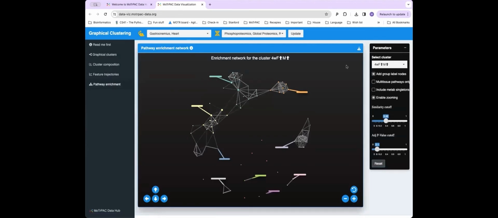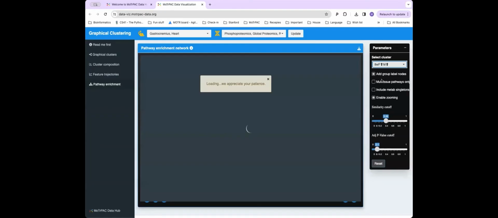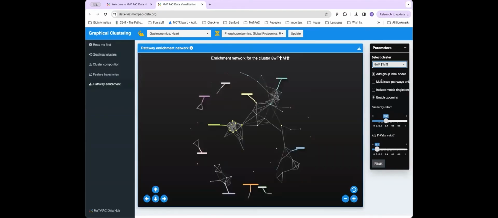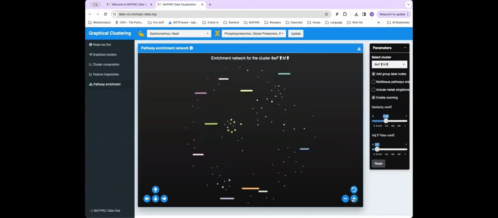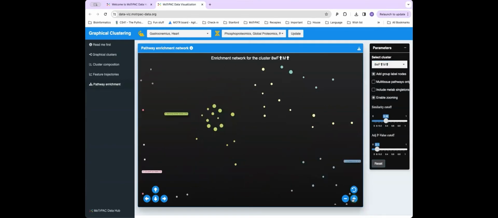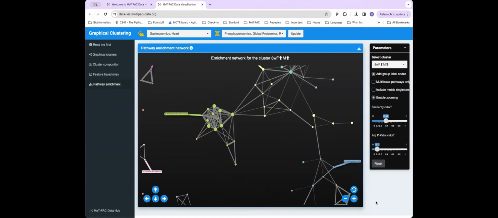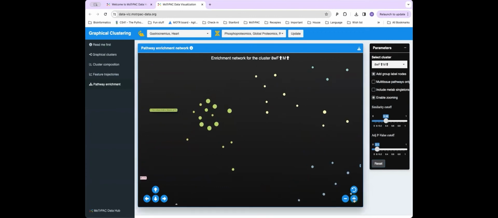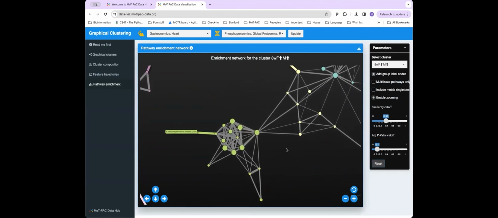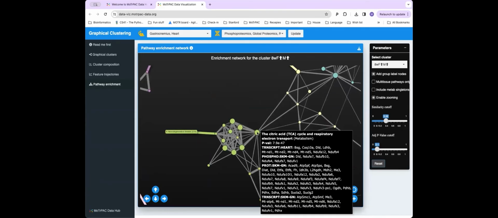And I think this is the coolest feature with this part of the tool, because here you can directly interact with the pathway enrichment results. So again, select the 8-week males and females, so all the analytes that increase after 8 weeks in both males and females, and again, now it's both heart and gastroc. You can then zoom in and you can look at the pathway enrichment, the TCA cycle, and then immediately see